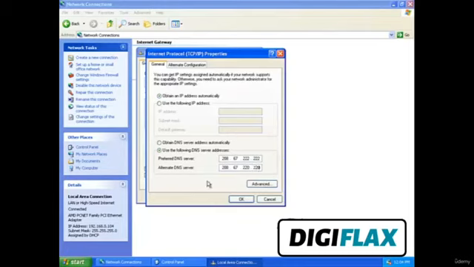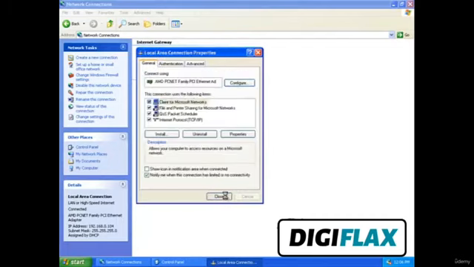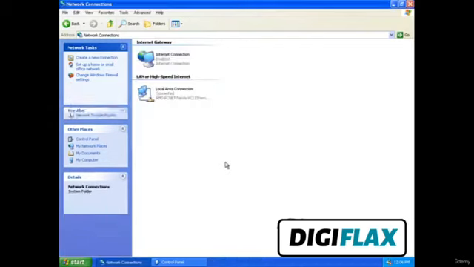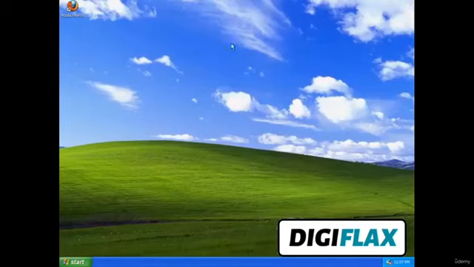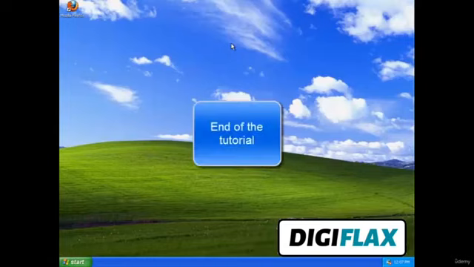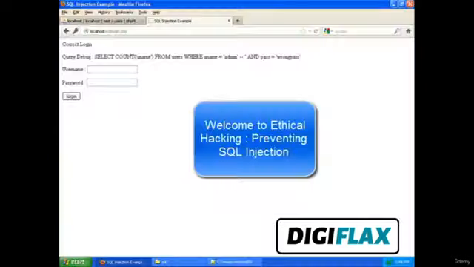You can find these IP addresses on the OpenDNS website, which we have shown in the previous tutorial. Press OK. Click on Close. Now our internet connection is configured to resolve IP addresses from the OpenDNS service. This was how we can prevent DNS hacking. Thank you.